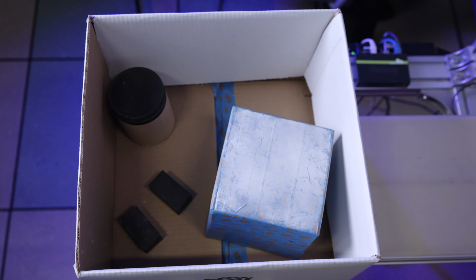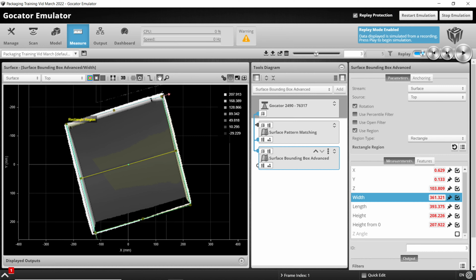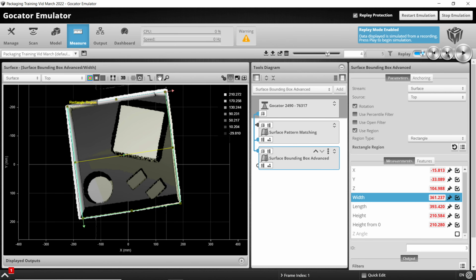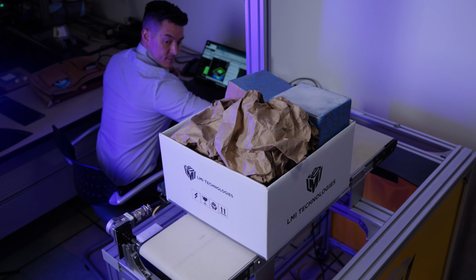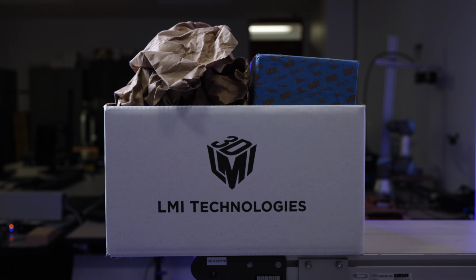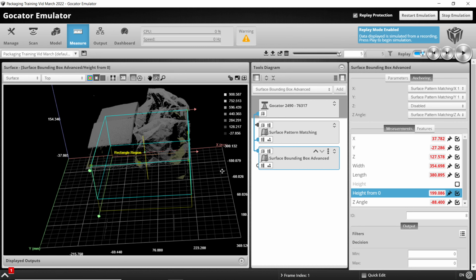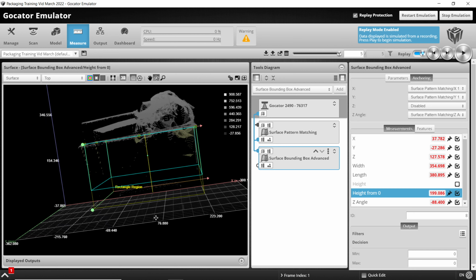Now, if you're following along, we assume you've already taken the time to acquire a good clean image using the scan page settings in your sensor. We offer a full suite of sensors with different ranges, different fields of view, and resolutions depending on your needs. So your image acquisition settings are going to be different because they'll be tailored to your application.